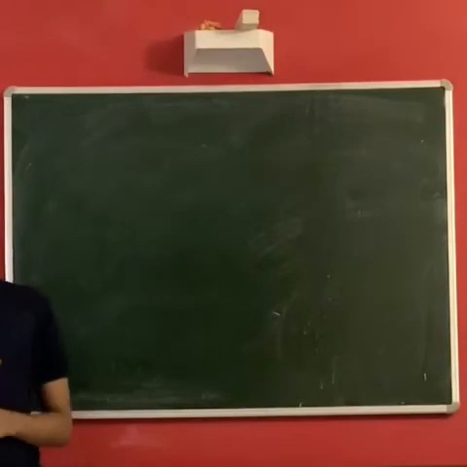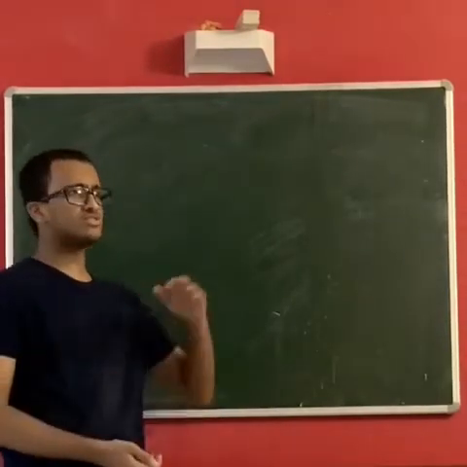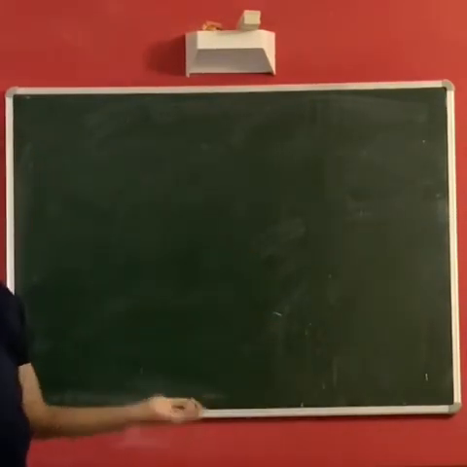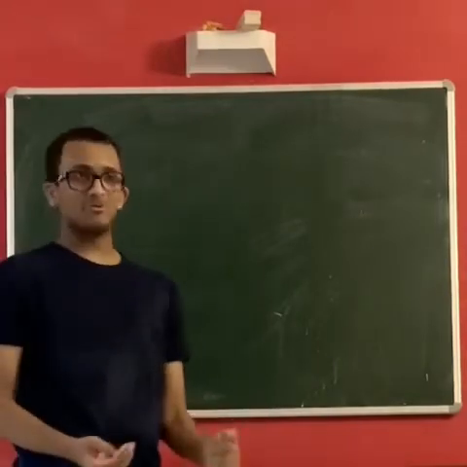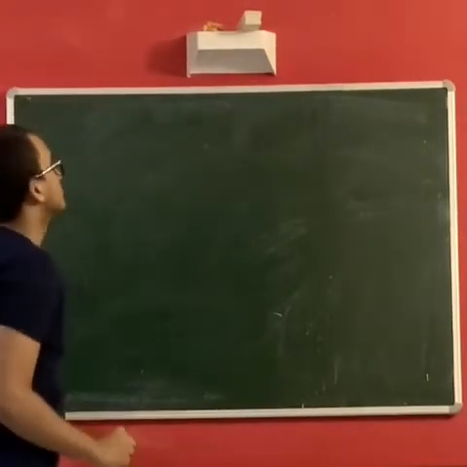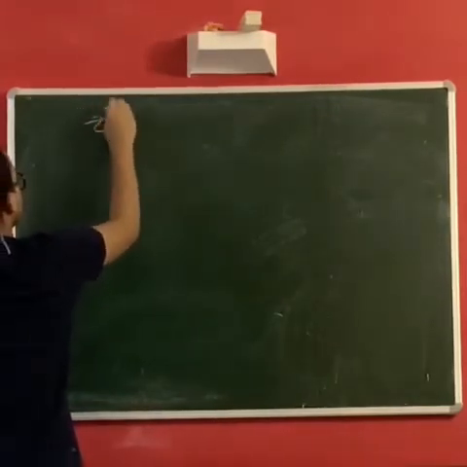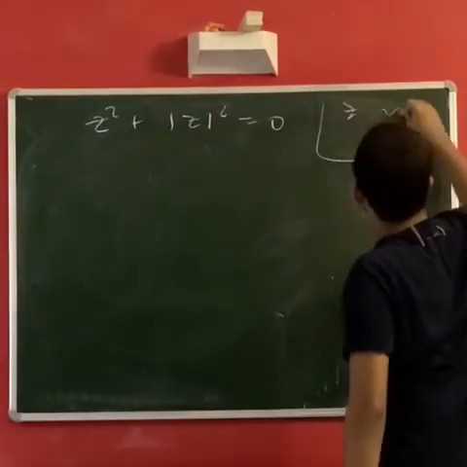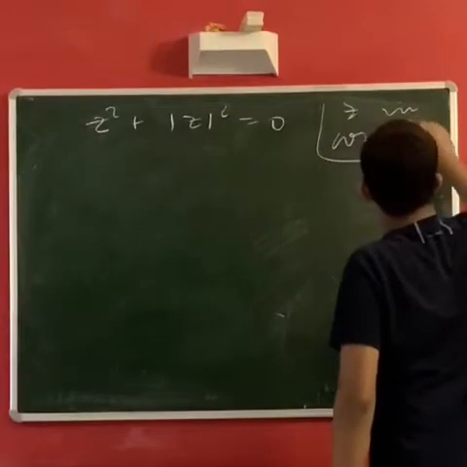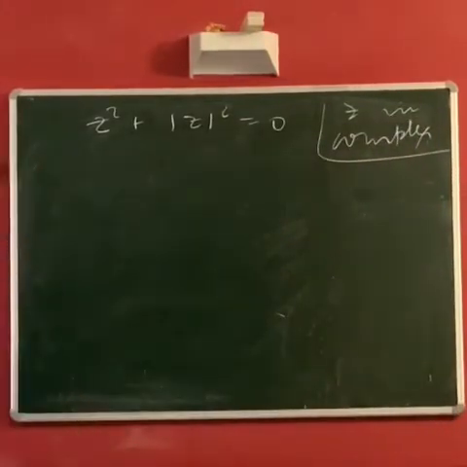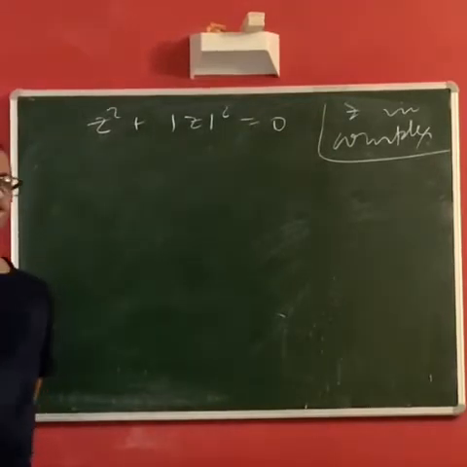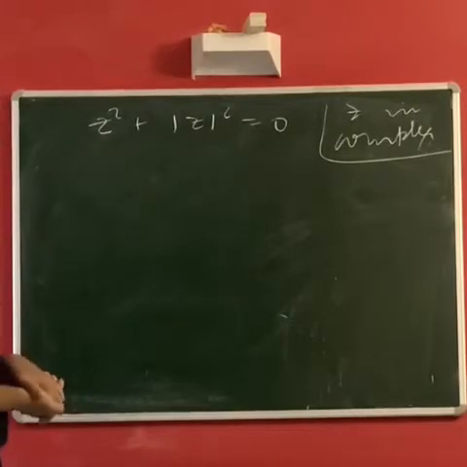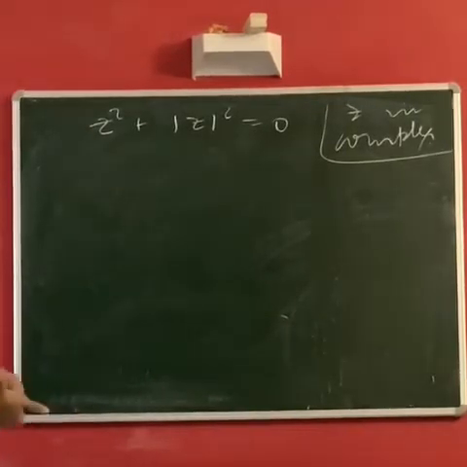The next question that we'll be discussing is a very simple one. If you use the same trick that I used in the previous problem, that is Cartesian representation and then equating real and imaginary parts, you can solve it. But I want to give this problem because it uses some other trick also. It's very nice. So the problem is z square plus mod z square equal to 0. Solve for z in complex numbers. I encourage you to stop the video and try. You can have your own solution using the Cartesian representation. I am assuming that you've tried, and I'm going to continue.